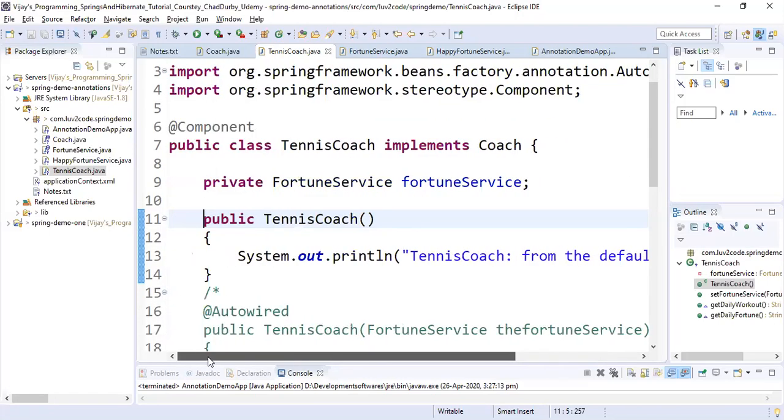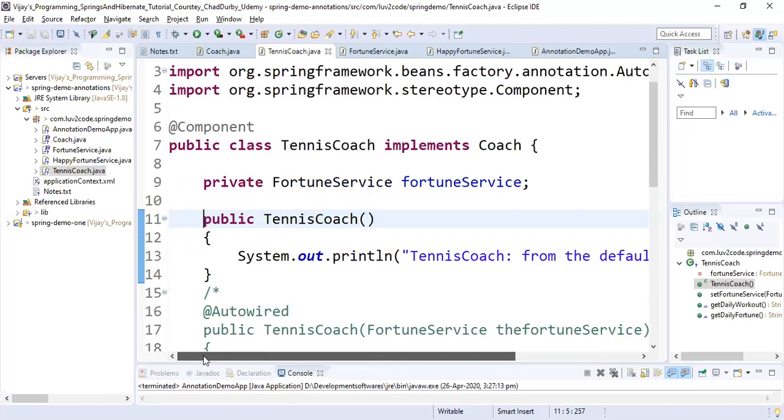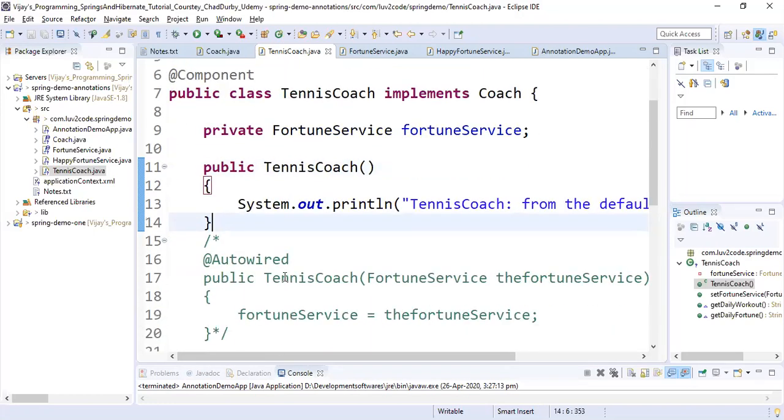While it is creating an object, it is invoking this constructor, and we are getting the message TennisCoach from the default constructor.